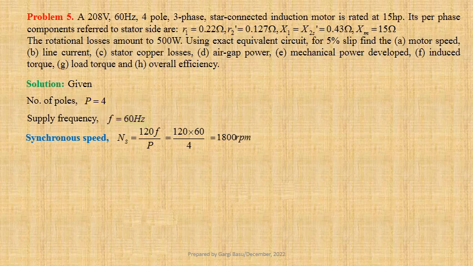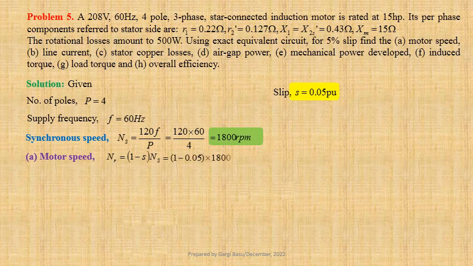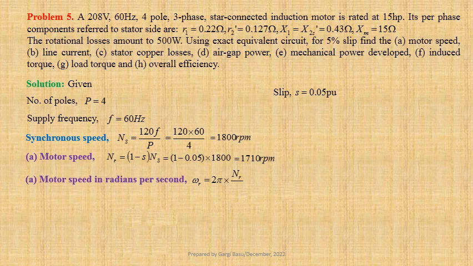Now we shall determine motor speed. Nr equals (1 minus s) times Ns. Given slip s equals 0.05 per unit, therefore Nr equals (1 minus 0.05) into 1800, that gives us 1710 revolutions per minute. Now we shall calculate motor speed in radians per second. Omega r equals 2 pi into Nr by 60, that is equal to 2 pi into 1710 by 60,